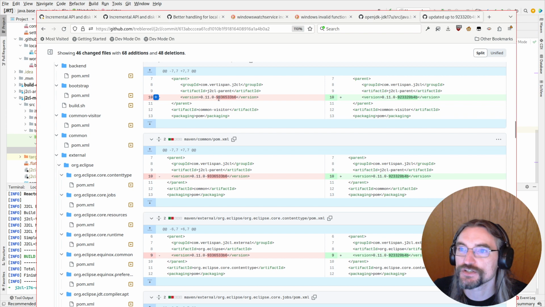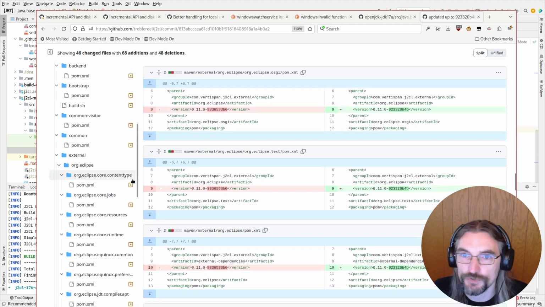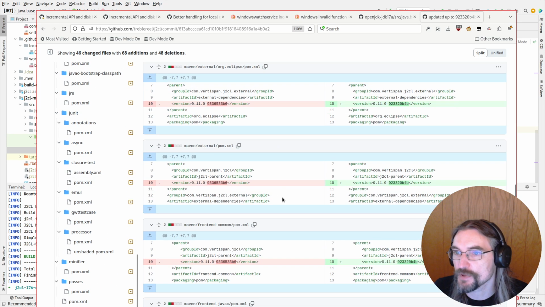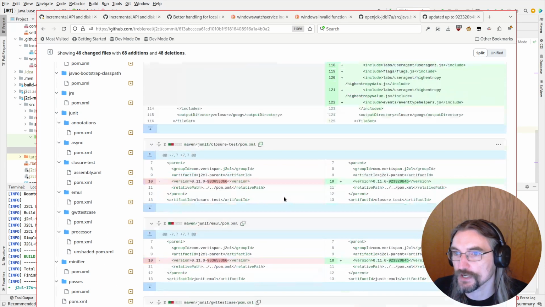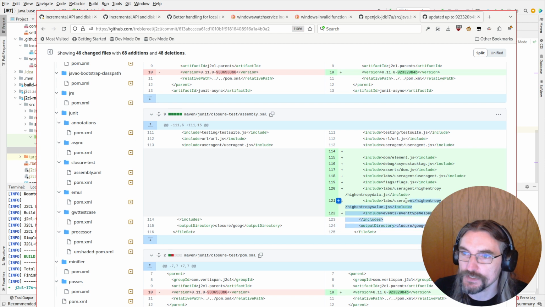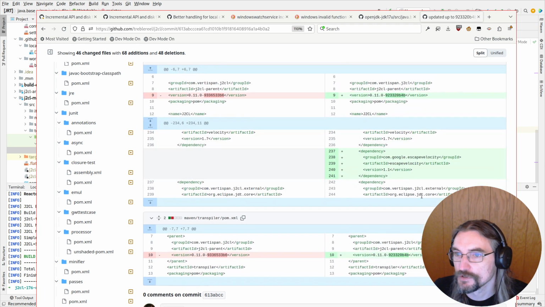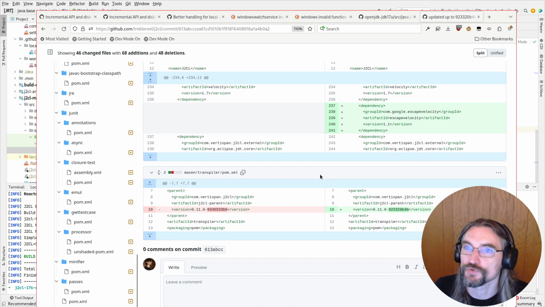And it looks like he just incremented the SHA instead of also bumping this, which is usually not how I do it, but not the end of the world. And I don't see any dependencies here changed. I'm quite sure we're going to have to go through and update other dependencies. Okay, a few other files we had to add as part of updating closure library. So we can probably land this as a single change, updating closure library, the version and also the dependencies. And then we're going to have to go through and